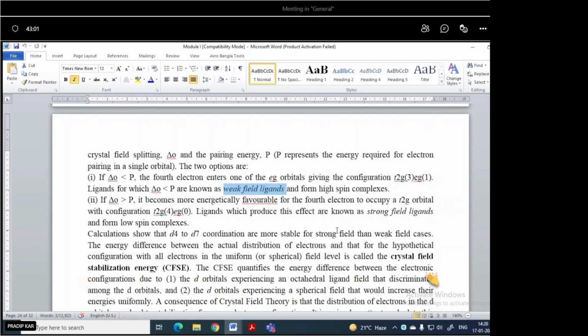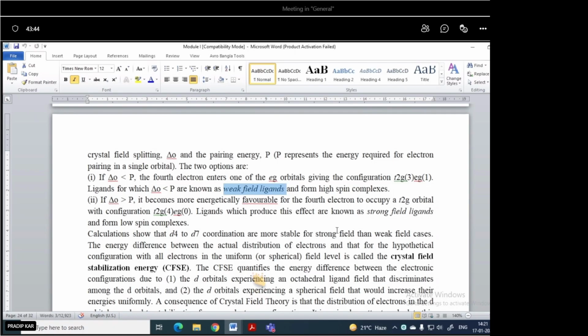And this is the ligand field theory. So ligand field theory is only explaining the interaction of the ligand, when we call it a strong field ligand or weak field ligand, and how it forms the complex. In crystal field theory, the actual splitting is explained. In case of octahedral, and actually in crystal field theory, first they explained it only for octahedral, but then it was extended to the tetrahedral case.